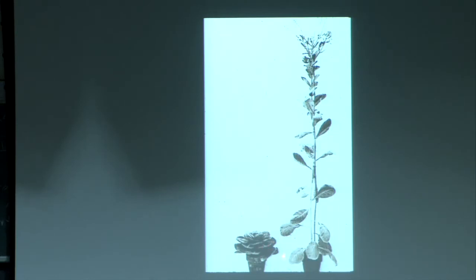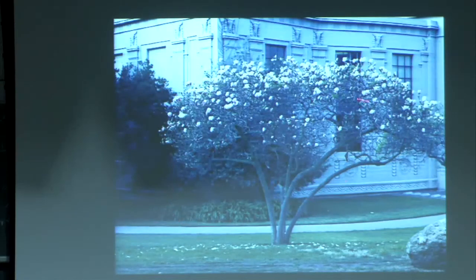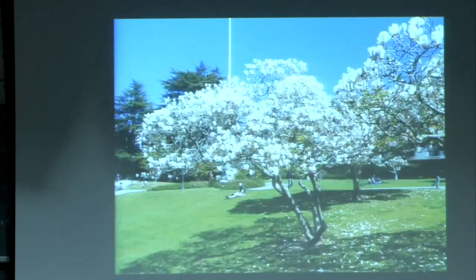Here's a cabbage plant, and in the cabbage plant, again, all the internodes are shortened. This is a short day plant, and when it flowers, its internodes then elongate dramatically. Finally, I want to just show you the picture of this plant right outside the building here, where we have a magnolia plant, and if it is a good cold winter, all of the flowers will come out. This is kind of a halfway winter in which some of the flowers were there and some of them weren't. Here is a winter after we had strong vernalization, and you can see what a difference it makes if all